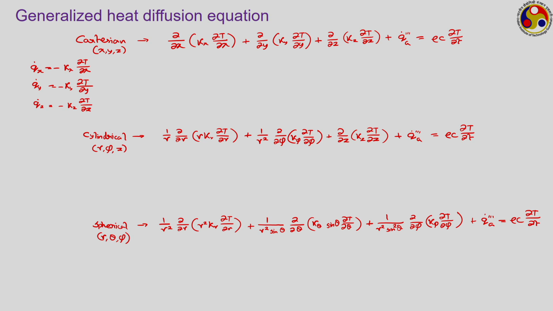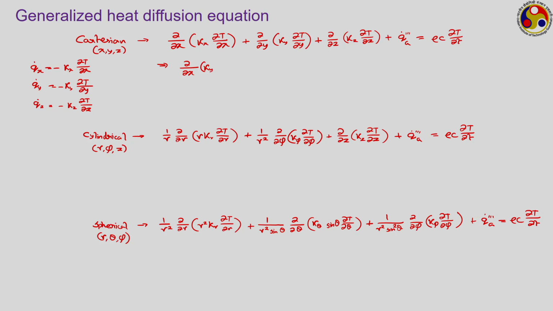Now, if the situation is that your q dot x is way greater than q dot y and q dot z, then it is very logical that we can neglect the second two terms. We can neglect any heat conduction in the y and z direction and consider only the heat conduction in the x direction. And if that is the scenario, in that case this particular equation can be written as